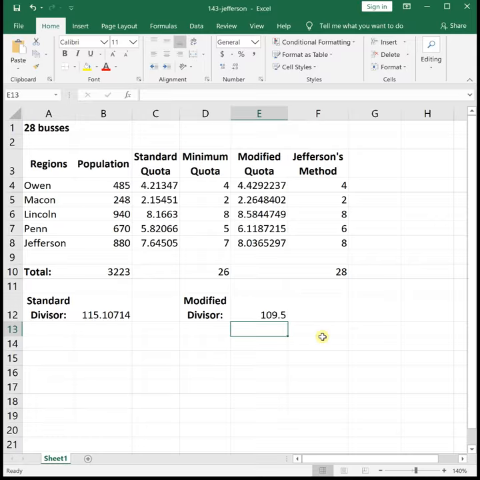Often there are a couple different modified divisors that will work. Generally, as long as you find one that works, you're good, especially if you show your work and explain your process. So with a modified divisor of 109.5, Jefferson's method says that the Owen district gets 4 buses, Macon gets 2, Lincoln gets 8, Penn gets 6, and Jefferson also gets